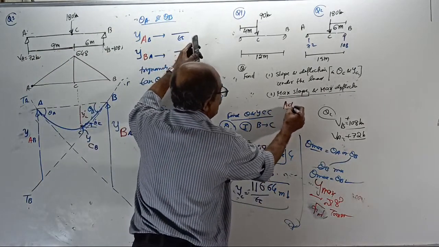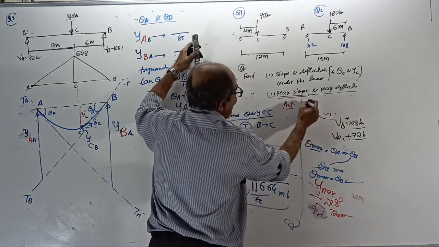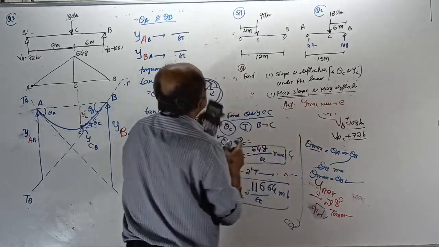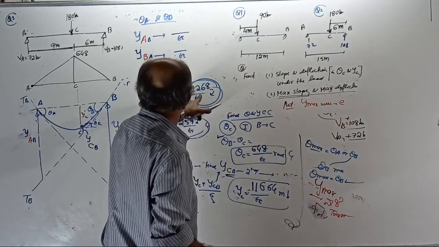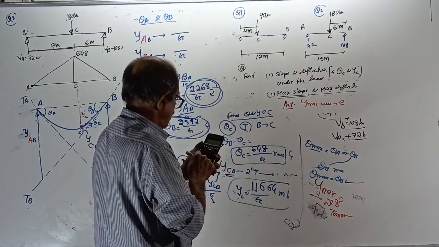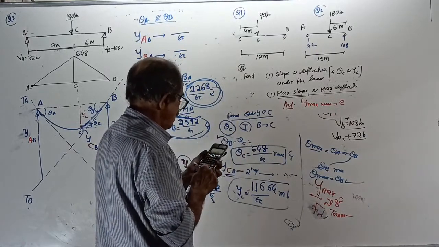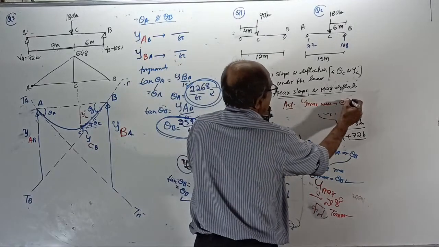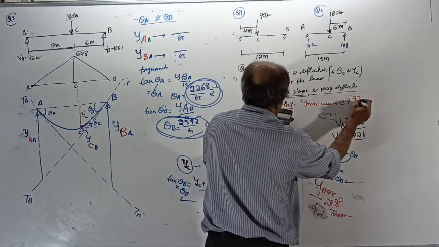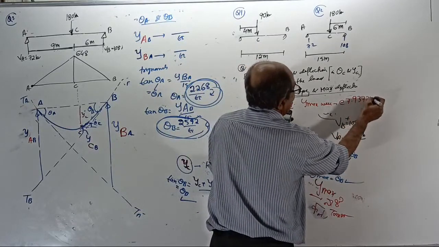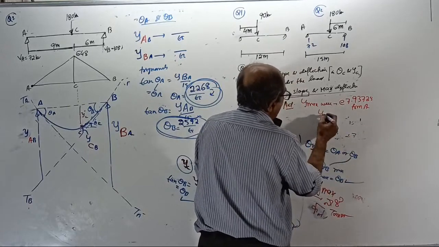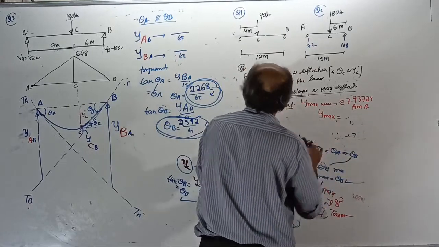Advance booking for tomorrow's class. Your Y max will come at 7.725 meter from A, and you will get that Y max value tomorrow equal to